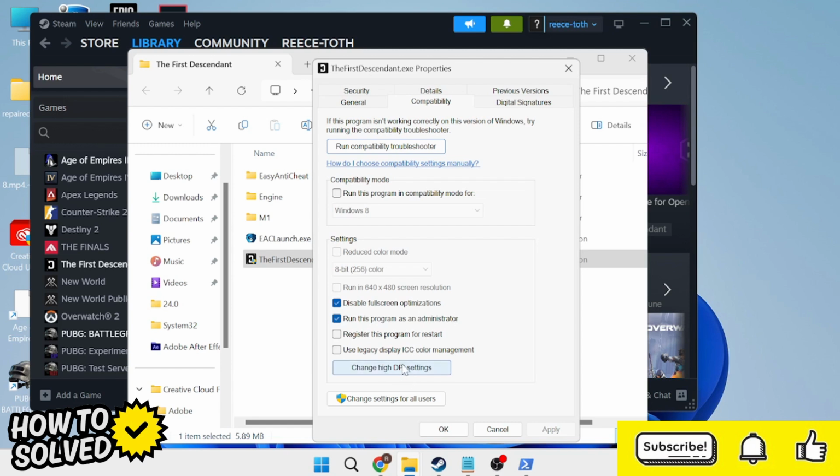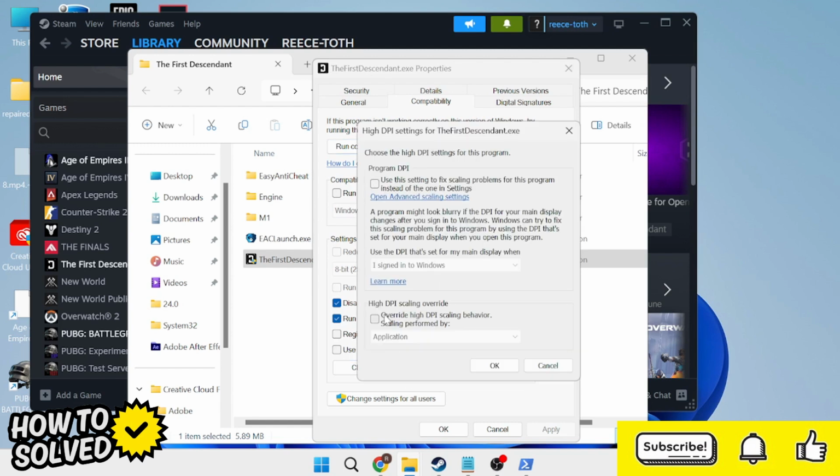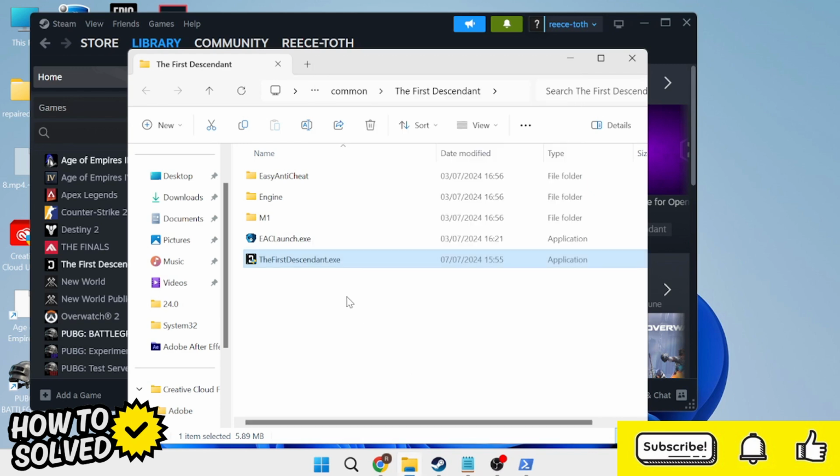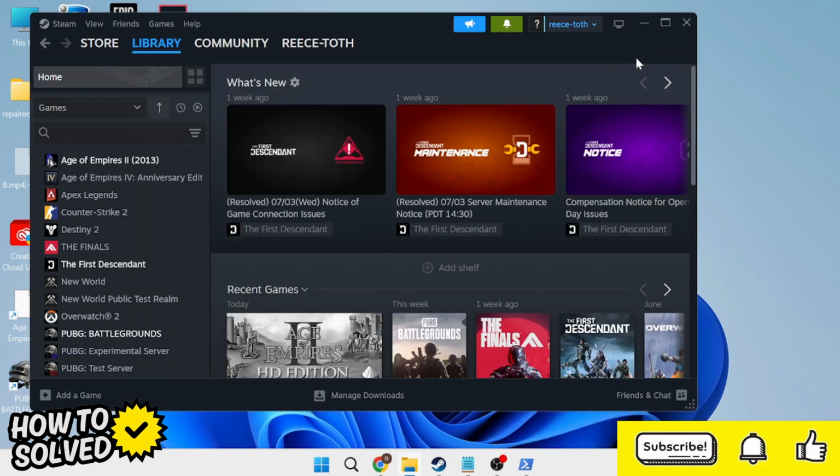And then we're going to select Change high DPI settings, and we're going to select this button at the bottom here where it says Override high DPI scaling behavior, and just make sure this drop down is set to Application and hit OK, and we can press Apply and OK to save these changes. We're then going to close out of this folder, and we're going to come back over to Steam,